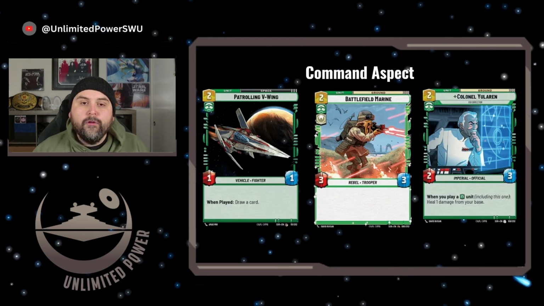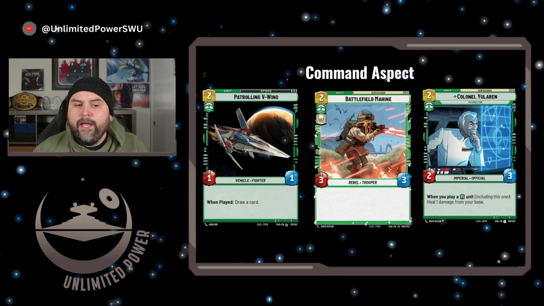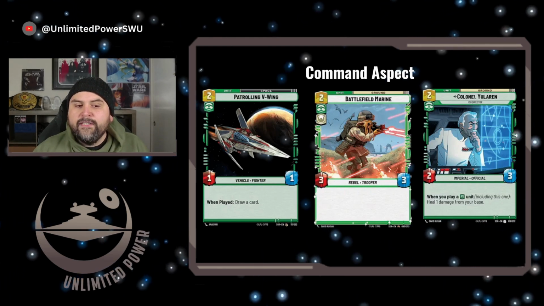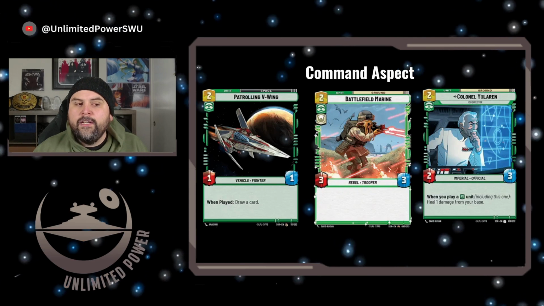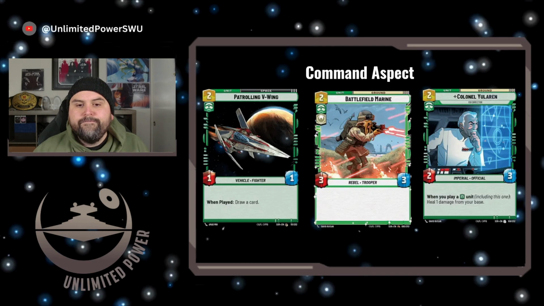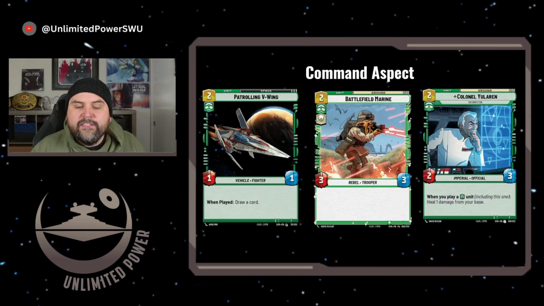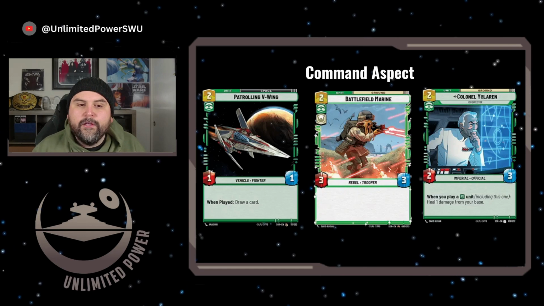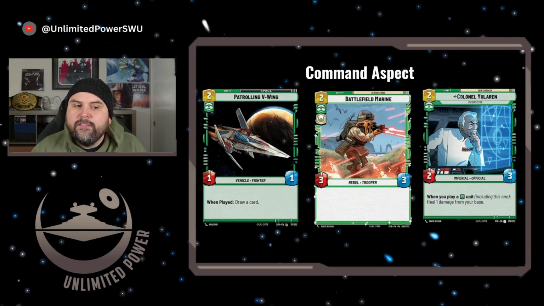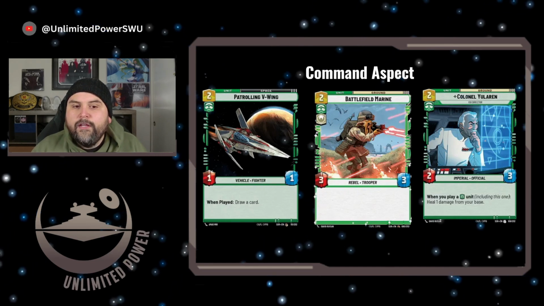We're going to recommend the Patrolling V-Wing because when you play it, you draw a card. You do want to keep your hand filled and keep the pressure on your opponent. Battlefield Marine is another great low-cost unit in the green field that's going to give you the tools you need. And Colonel Yularen is my final one. Now, there's always some other green cards here that I think work really well, but I really love these 3 with Hera because they're putting pressure on your opponent, they're giving you card draw, they're tough cards to deal with,